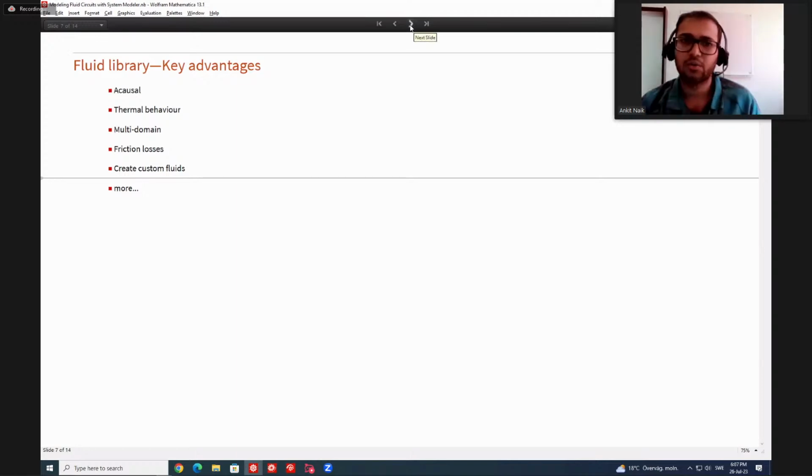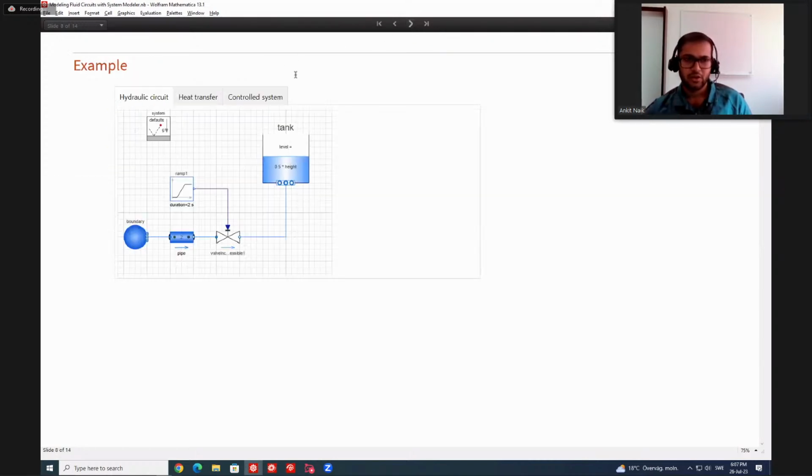But we will look into these key advantages in a few minutes when I create a simple example. So now we'll go ahead and create a simple example to get a basic understanding of how to create models. So first, we will create a simple hydraulic circuit where we have a tank